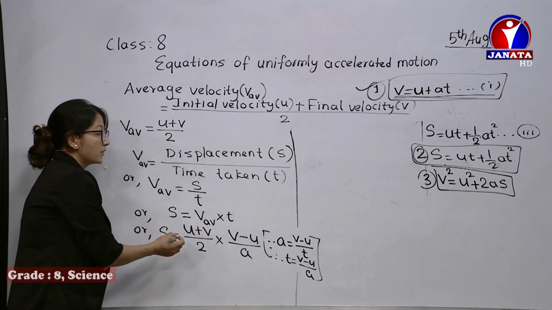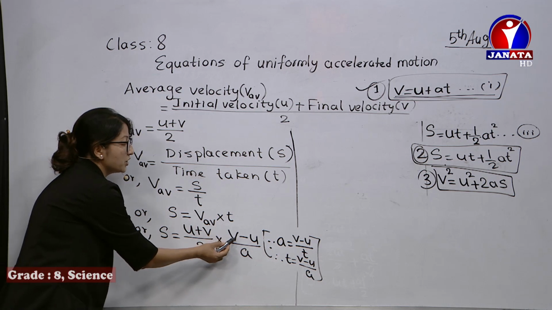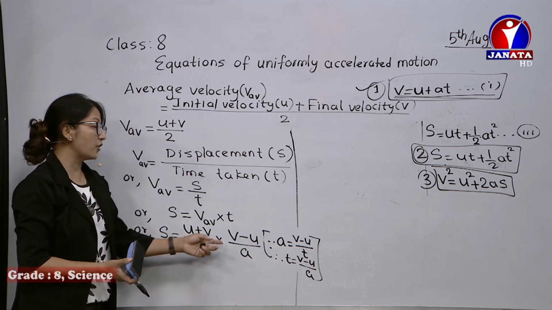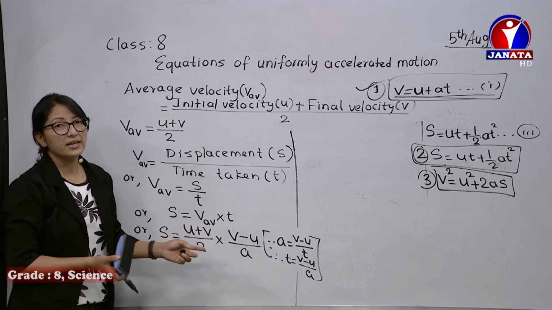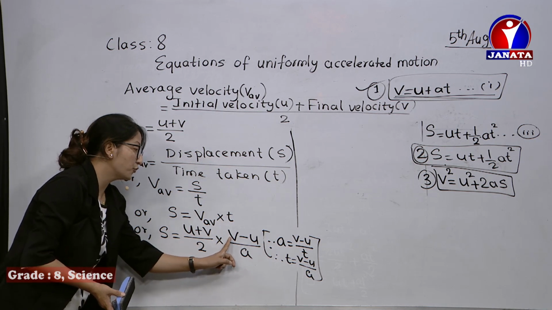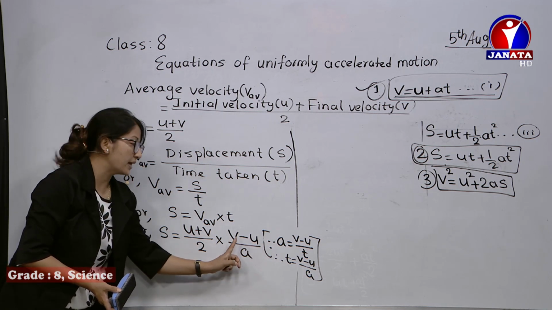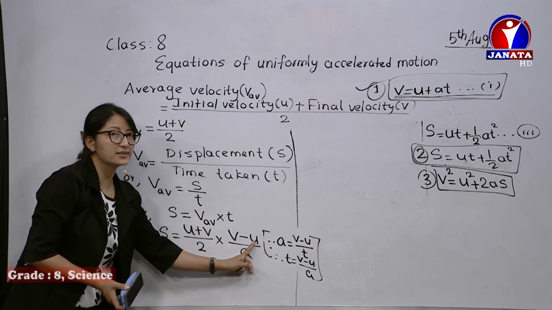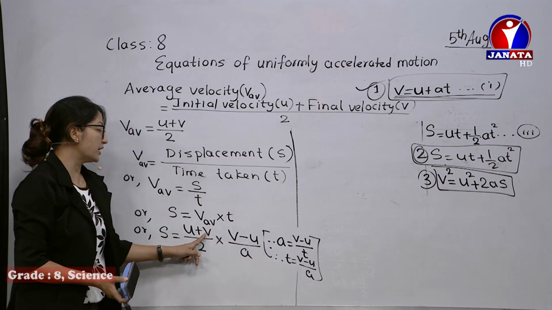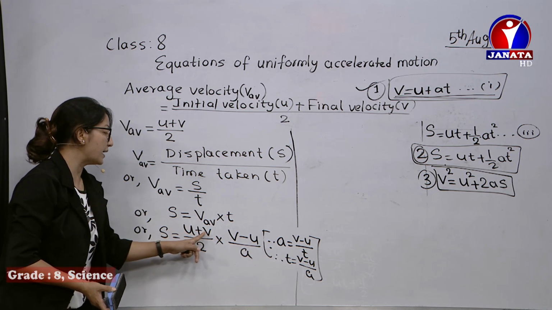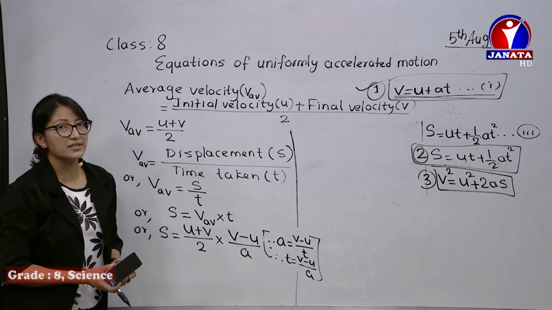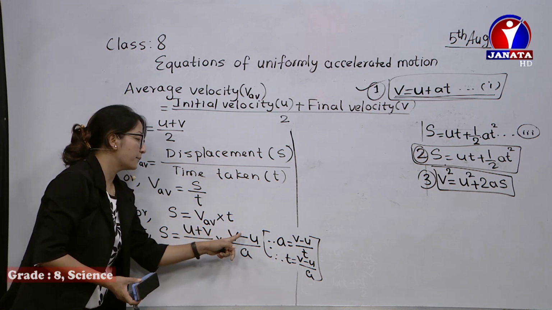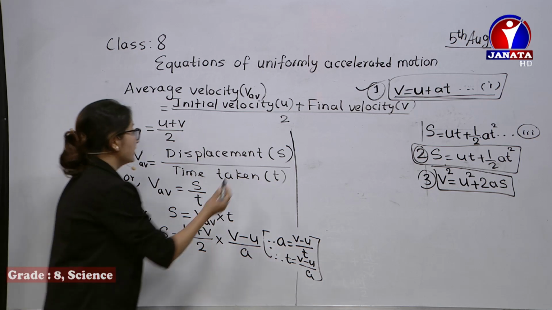Now let's move on then. You can see over here it's u plus v and it's v minus u. So I think you all remember the formula a square minus b square. The formula of a square minus b square is (a plus b)(a minus b). So here we can see v minus u is in the form a minus b, so v is a and u is b. And this side, v is a, this is b, a plus b. So a square minus b square is just like (a plus b)(a minus b). So we can simplify it in this way then.